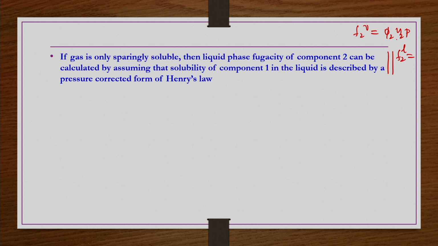So, here if it is vapor phase, Phi2 has come, but now if it is liquid phase, here gamma 2 has to come into the picture. And then here if Y2 has come, so here X2 has to come into the picture, and then here P is coming into the picture because we have taken in this derivation ideal gas as a kind of reference state. So, here in addition to this gamma 2 X2, you need to have some correction reference state. So, that reference state, what is this? This we are going to see in the next module, where we are going to start the non-ideality in the liquid mixtures.